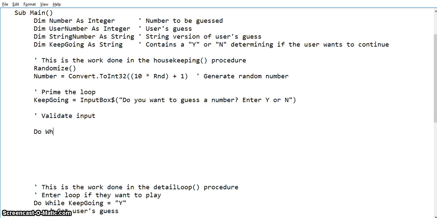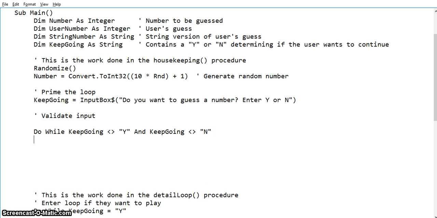So do while keep going is less than or greater than Y, which means it's not Y. So if it's less than or greater than Y, it's not Y. And keep going is less than or greater than N. In other words, the user didn't type in Y or N. So I'm going to indent in again here and type keep going